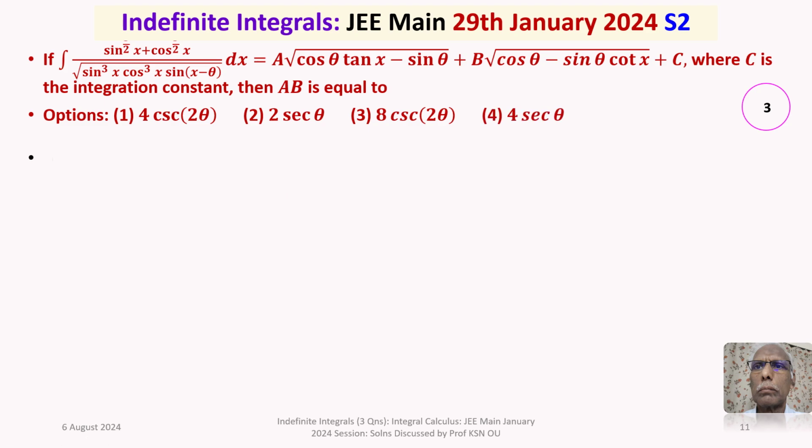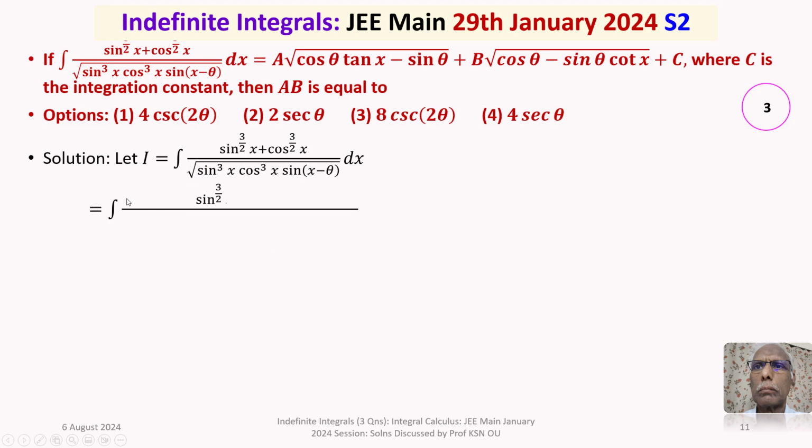Now let's call the given integral as capital I, equal to the integral of (sin to the power of 3 by 2 x plus cos to the power of 3 by 2 x) by under the square root of sin cube x into cos cube x into sine of (x minus theta) with respect to x. Now take out the sin cube x and cos cube x outside the square root. Then it will be the integral of sin to the power of 3 by 2 x plus cos to the power of 3 by 2 x, by sin to the power of 3 by 2 x into cos to the power of 3 by 2 x under the square root of